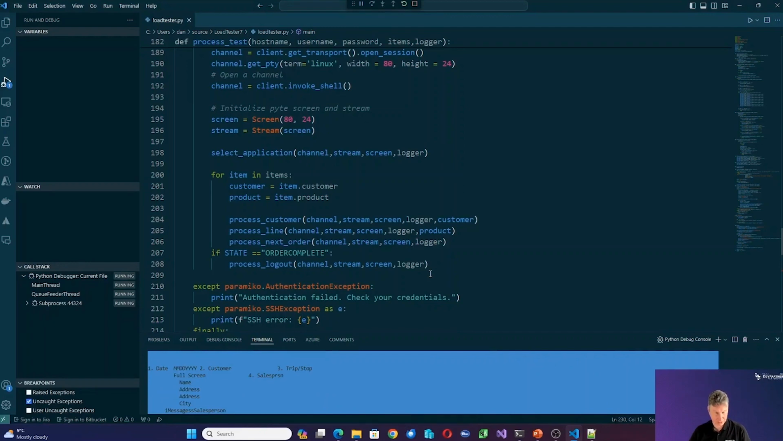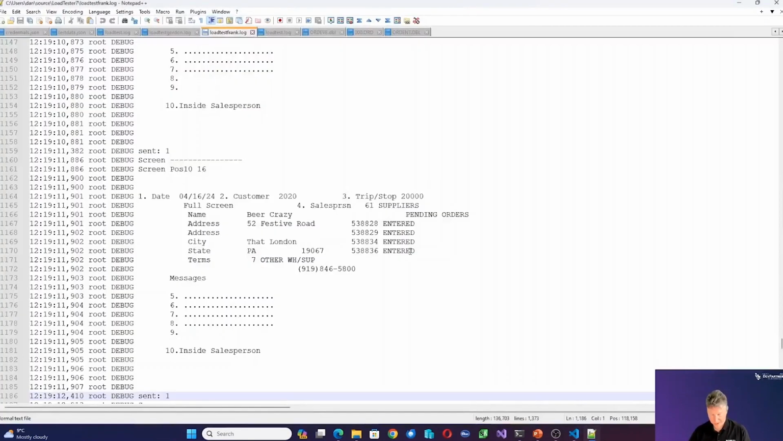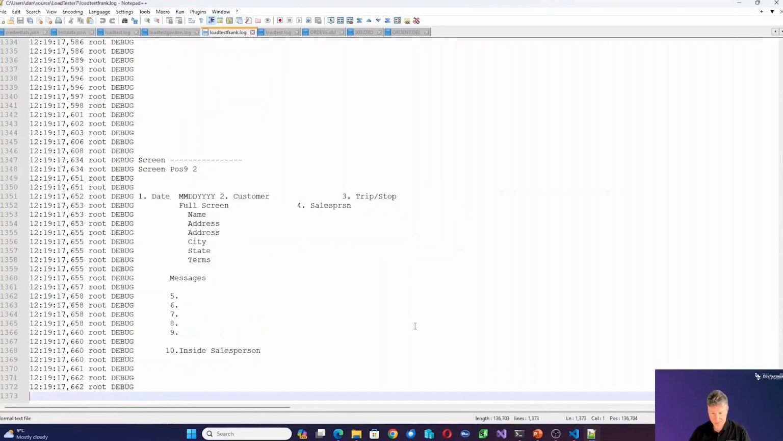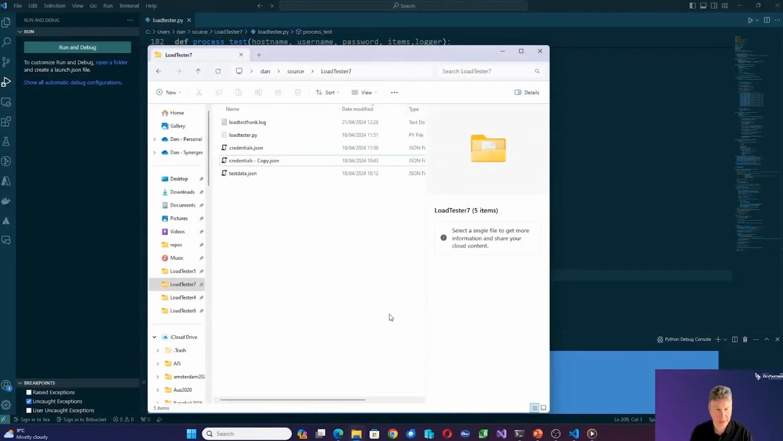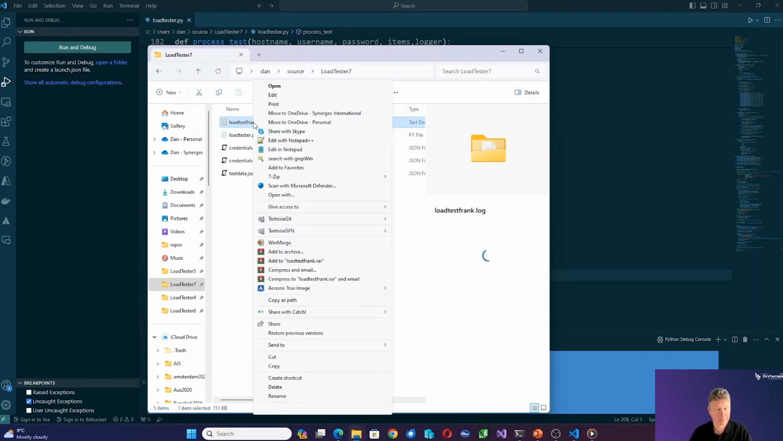It's now processing the second order in there. See, it keeps appending to the file. Now that the program's run, if we look in the output directory, we'll see that we've got a log file for load test Frank, which was the username. We're going to create a log file for each username that logs into the system. And if we have a look at that,